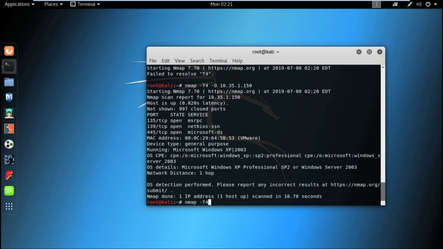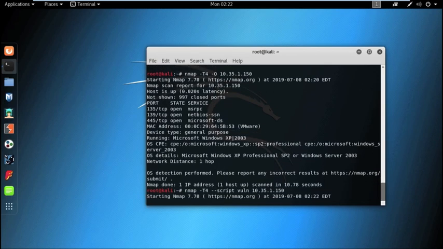Nmap, then I use the timing option T4, then to run a script we use the --script option, then we use the script with the name vuln and then the IP address. It will take some time to find the vulnerabilities.